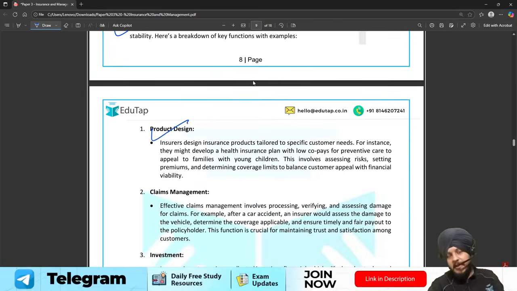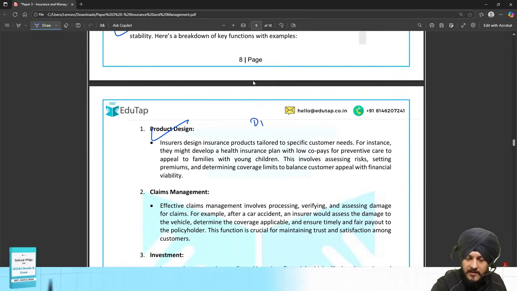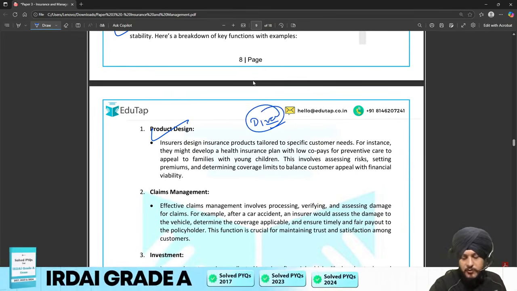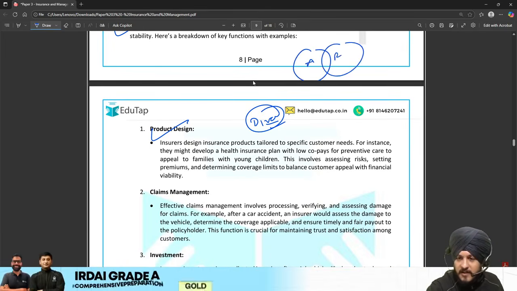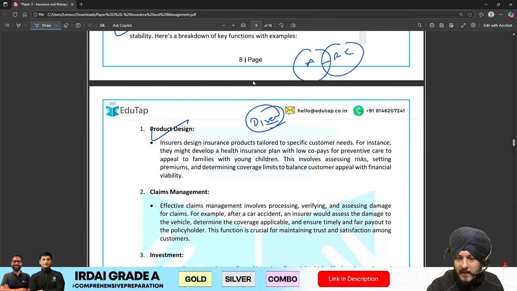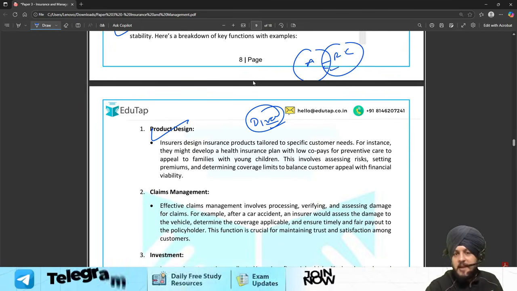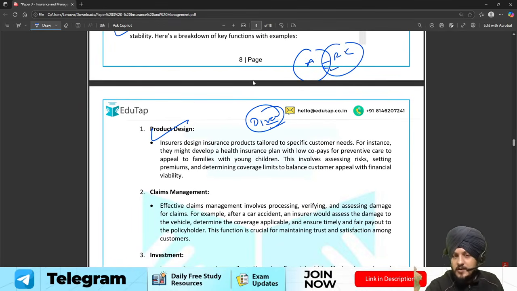So you know that basically insurers design different kinds of products so that they can meet the diverse needs of individuals and businesses, right? For example, they aim to balance the affordability and the risk coverage. Both things have to be balanced, and while designing a certain type of product, they put various things into consideration. For example, the age of the person, right?